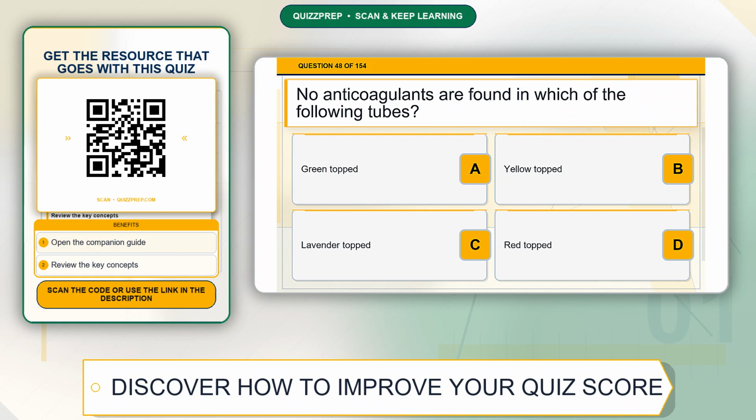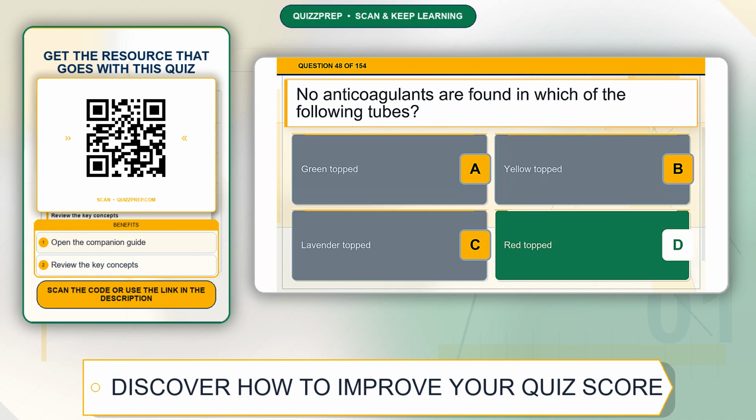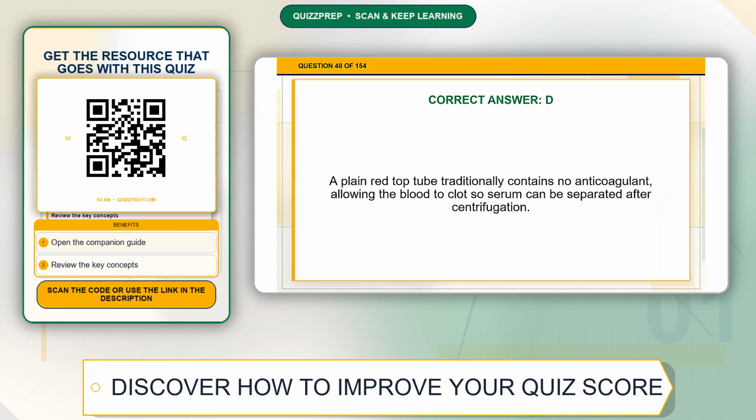Question 48. No anticoagulants are found in which of the following tubes? Option A, green-topped. Option B, yellow-topped. Option C, lavender-topped. Option D, red-topped. The correct answer is option D, red-topped. Explanation. A plain red-topped tube traditionally contains no anticoagulant, allowing the blood to clot so serum can be separated after